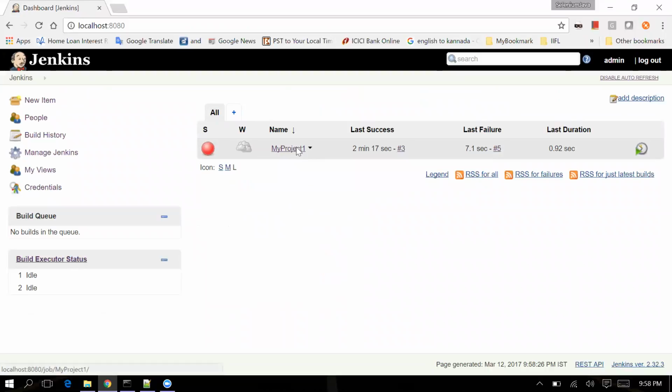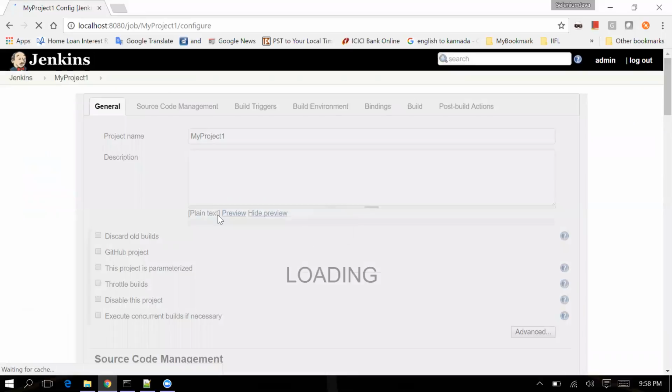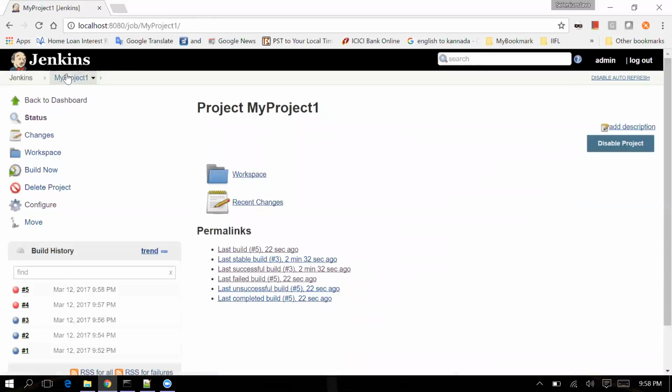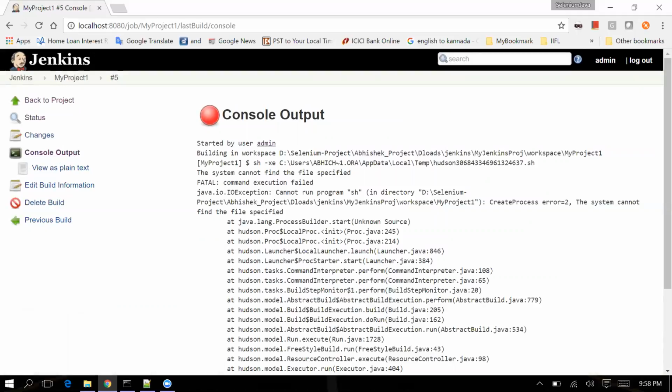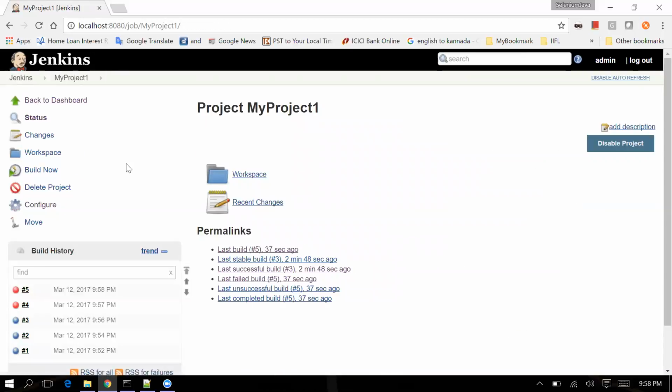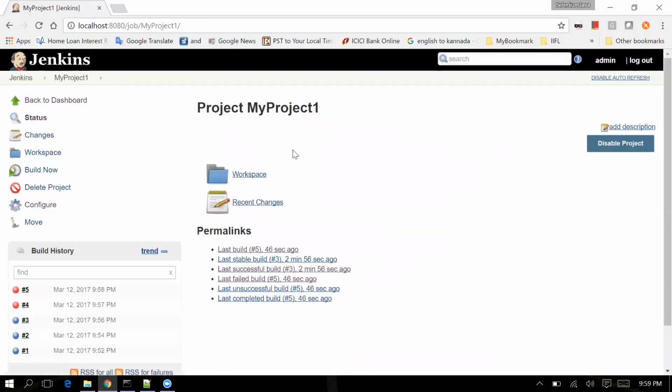Okay, so if I go back here, go to the last build and go to the console output, it's showing you an error message. Okay, this is the way you can check the code you are checking in, whether the status is pass or fail. Okay, so I'm going back here again. Finally, I'm doing the configuration,